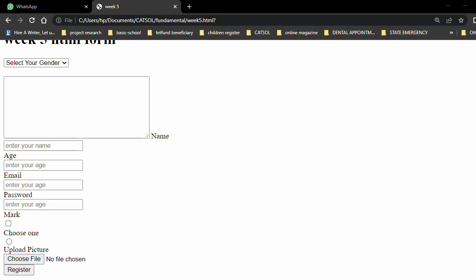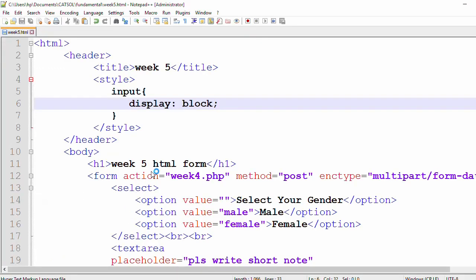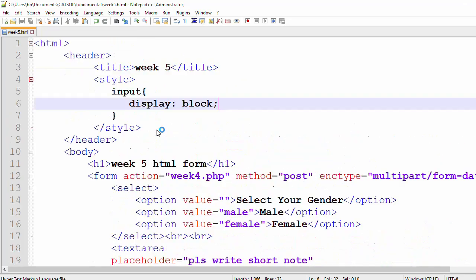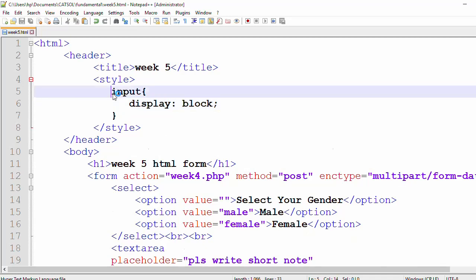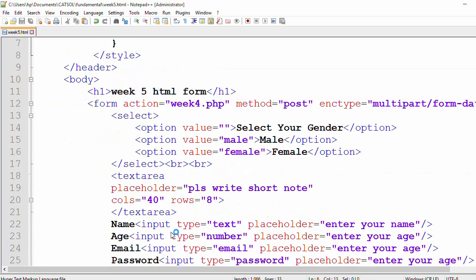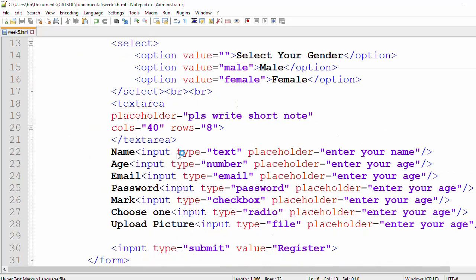So in this aspect, what will I do is maybe put all of them inside a div, so as to solve that problem without wasting my time doing this kind of display block or something like that. So what I will need to do is